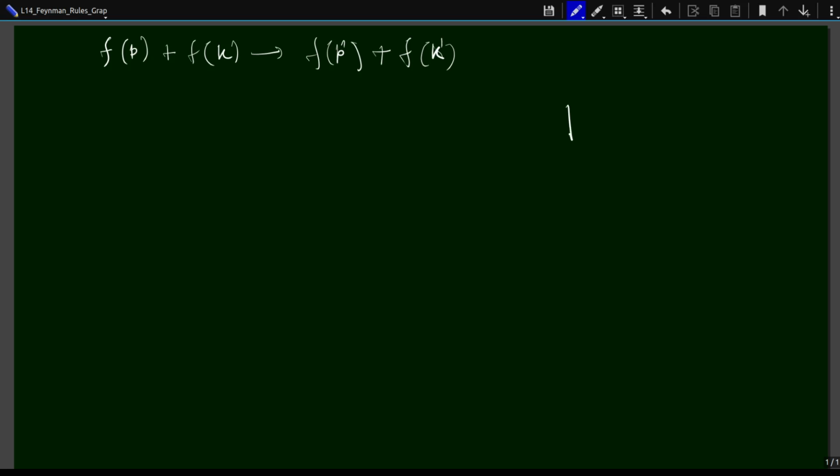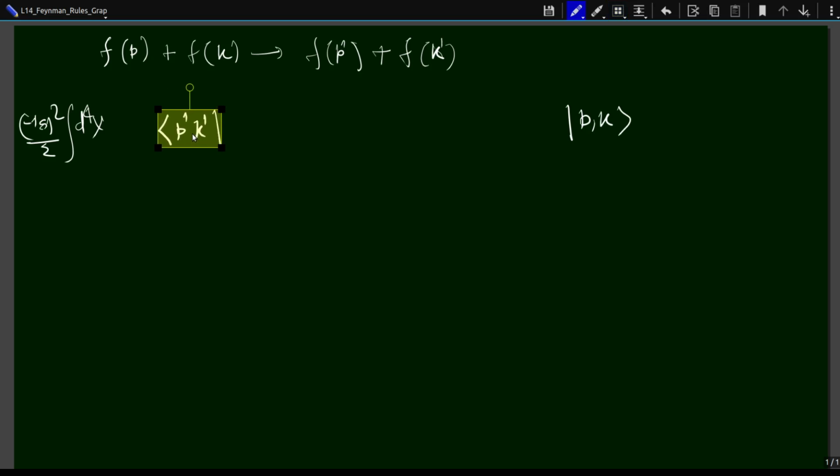Okay, and we already discussed how the initial and final state would look like. My initial state is p k, my final state is p prime k prime, and we found that if we just put identity between these two states, that's just the propagation of two particles into two particles without interaction. At first order, there is no contribution. The first non-zero contribution comes at the second order, and second order will have minus i g squared by 2, and then d4x,